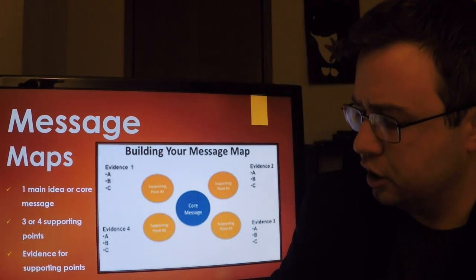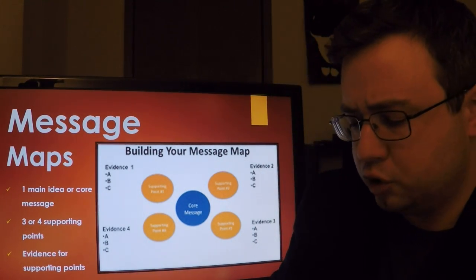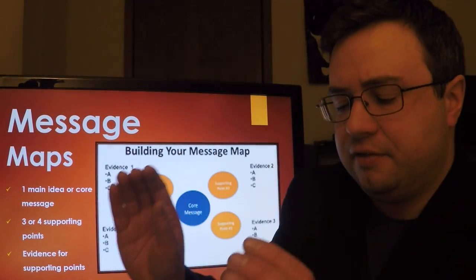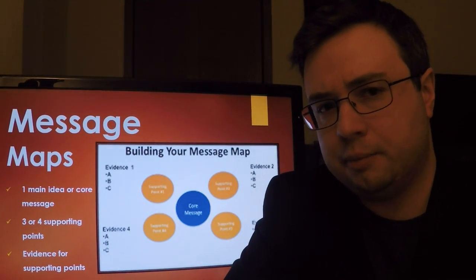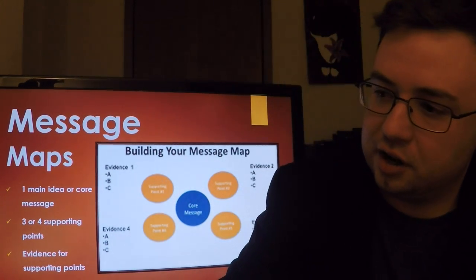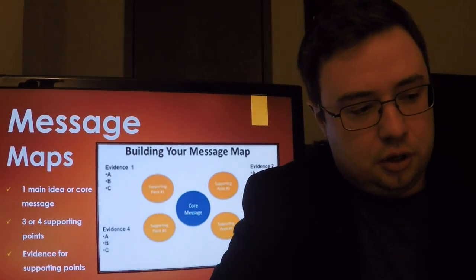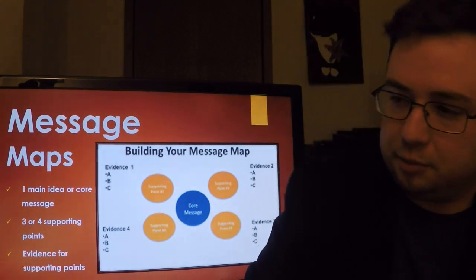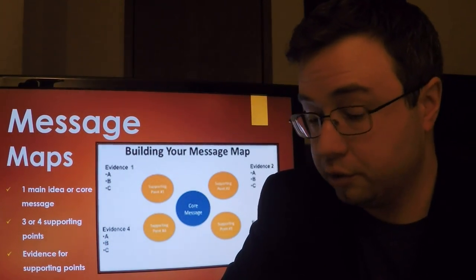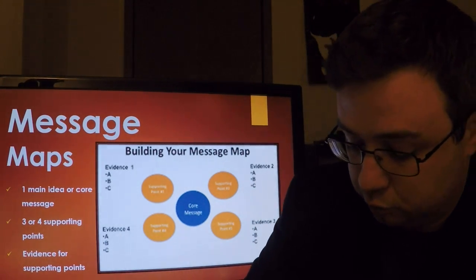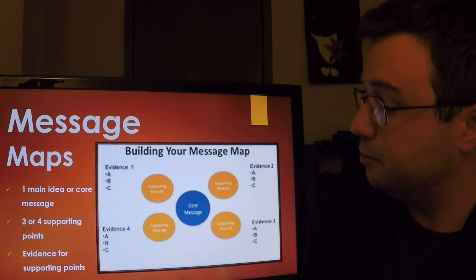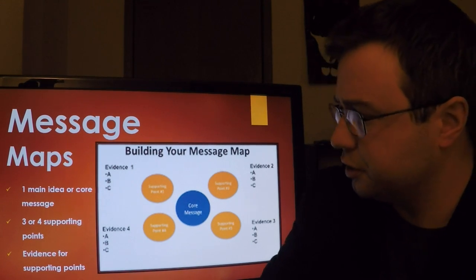Have a clear message map here. It's so super crucial. Have a clear message, have some clear supporting points, and then have evidence. Cite those sources, back it up. Don't just say Ford's the best, Chevy's the best, this knife is the sharpest, this laptop's the best, this tablet's the best. Well, why is it? You'd better not get caught without the proof. You will look bad and your reputation will be severely damaged. Message map. Follow the message map ideas.